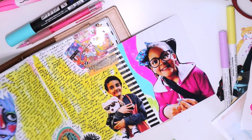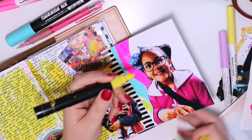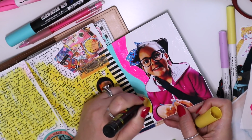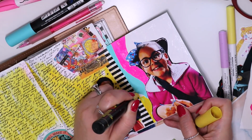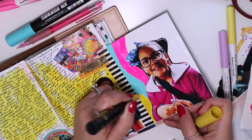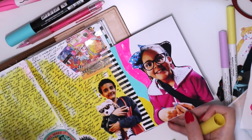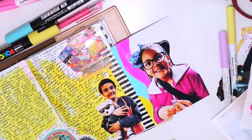So what I might do is try and get my Posca yellow and colour over that green, because that green looks like it's just not going to cope. Because of that plasticky, well, it's not even plastic, but there must be a coating on it that's creating that streaky effect. And obviously whatever's in the Posca, it doesn't care, it's just going to steamroll it. But yeah, I think I'll just leave it at those three stripes on the side, unless I put another. I don't have any other pastel-y shades that I would want to add to this. I will have to get my,